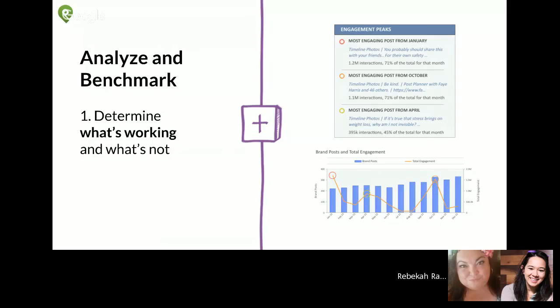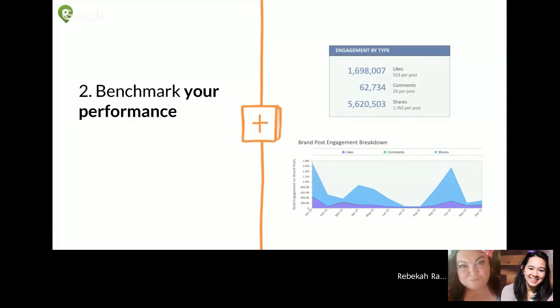I think making sure you have the goals that you need to achieve your ultimate result is really important, and making sure that those are following a SMART model and following what you are looking to do as a brand is essential. So once you've benchmarked where you have been and what's been performing, now it's taking all of that, really analyzing exactly like you said, what's working, what's not. So what type of content is resonating with your audience, and then breaking all of that down, putting those into those SMART goals, and then also